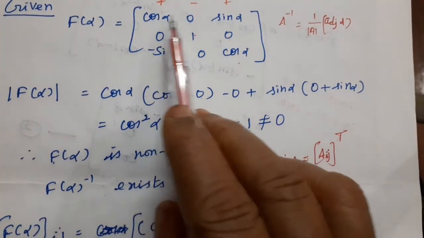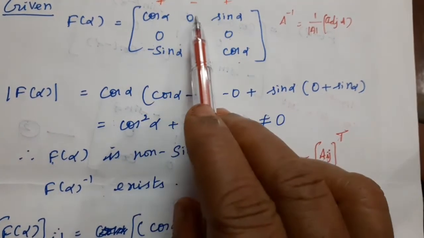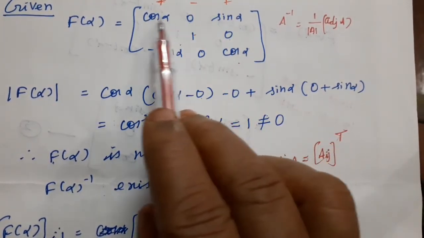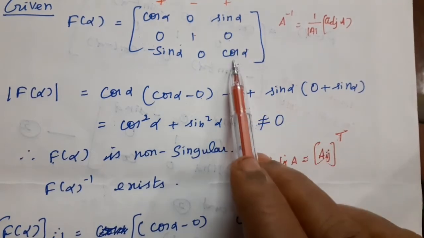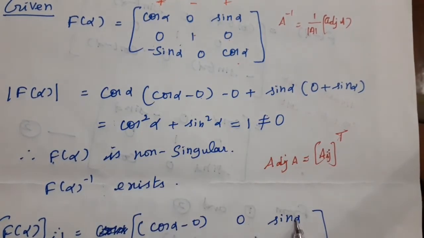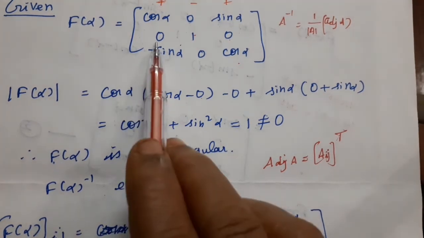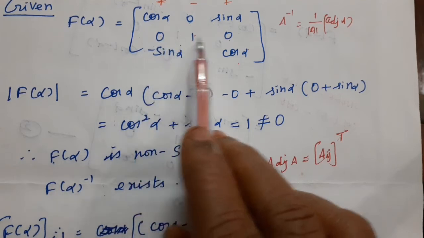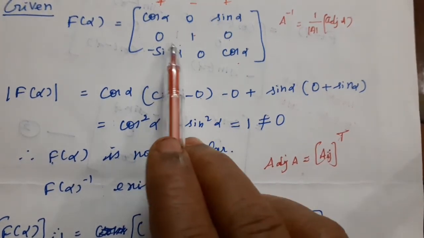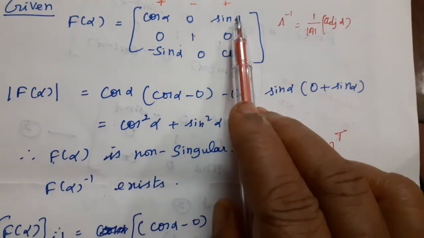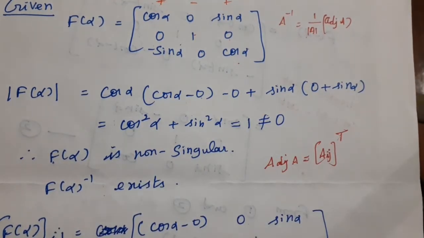Next a11, a12, a13. So it is the sin alpha. That sin alpha, you leave that row as well as column. The 0 ones are 0. 1 into sin alpha, minus into minus becomes plus sin alpha. Next come to the second one, 0. 0 means what? A21. For A21 leave that row as well as column. Row and column you leave, it is 0 into cos alpha minus 0 into sin alpha. 0 is multiplying, the number is 0.